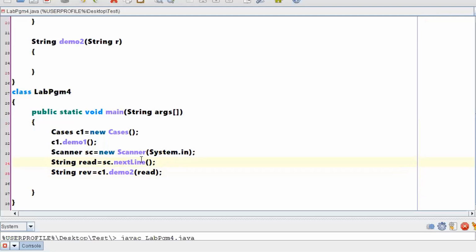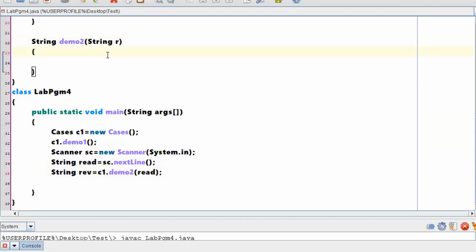Brahan, I told you I just wrote an overview. I didn't implement the reversing of a string. People might be confused why you are passing read here, why this particular method has been equated to this particular string reverse. So I am just conveying those parts, right? So input you will be reading and that will be stored in read. So you are passing that particular read as an argument for this particular demo2, right?